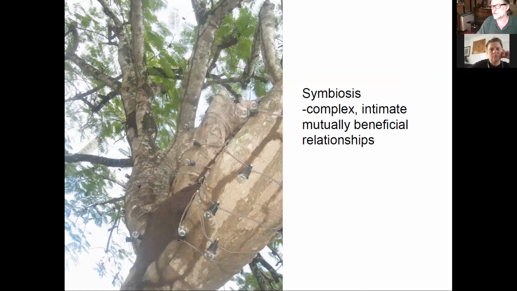I showed you the termite and the giraffe yesterday. This is another one from the Caribbean. Here's a termite's nest, a different kind of termite's nest in the crook of a tree. Why it's there, I don't know. Maybe there's flooding or something. But what I did notice and what fascinated me was the termites make tunnels out of clay. Look at this. You can see it on the underside of the tree. Look, this tube. This is a clay tube, and it links into the nest. And you can see there's all sorts of other ones all over the tree. I can see them going up here on the branch.